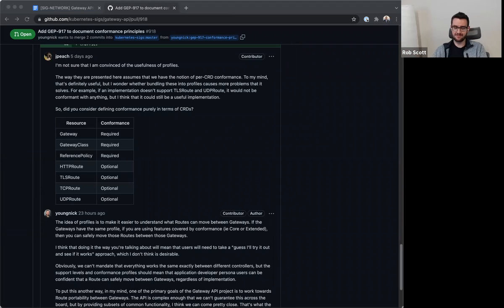We don't have any answer to that in docs and GEP. It's just kind of assumed that you can choose to not support TCP route, but we haven't said that. So this still has a lot of value. Yeah, okay, good discussion. I think we can keep on moving from this one.